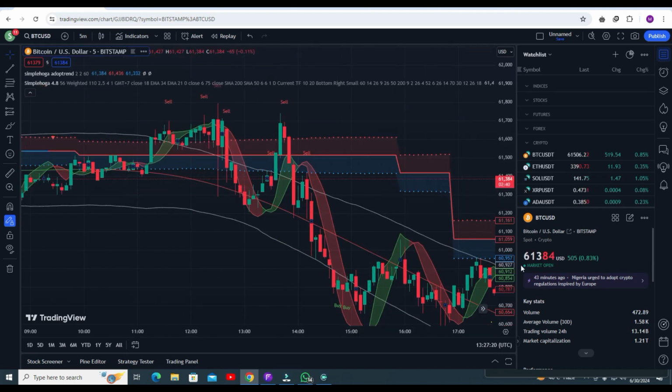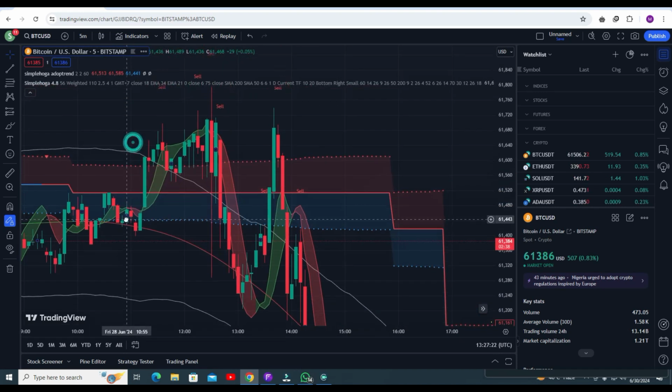So let's start. You can see, just like I told you, this adaptive trend line, or you can say a trend line, I will name this indicator a trend line. When the trend line is red, you need to go for the sell trade. Make sure you go for the sell trade. And the winning ratio of my strategy is more than 95%, and I will show you my accuracy.